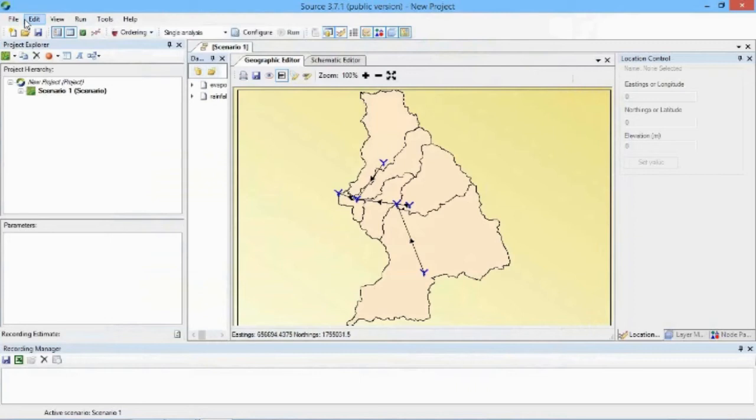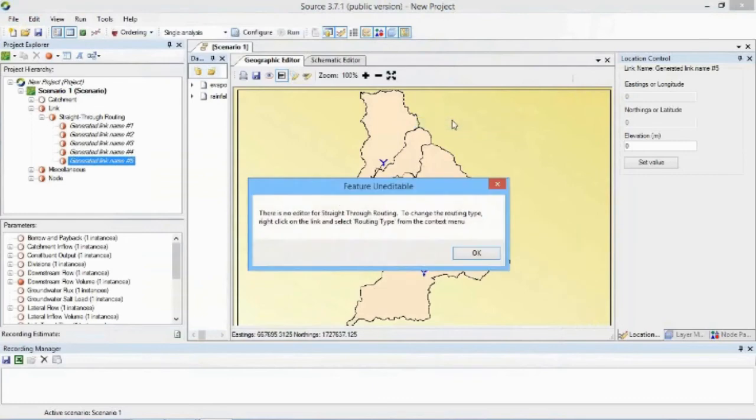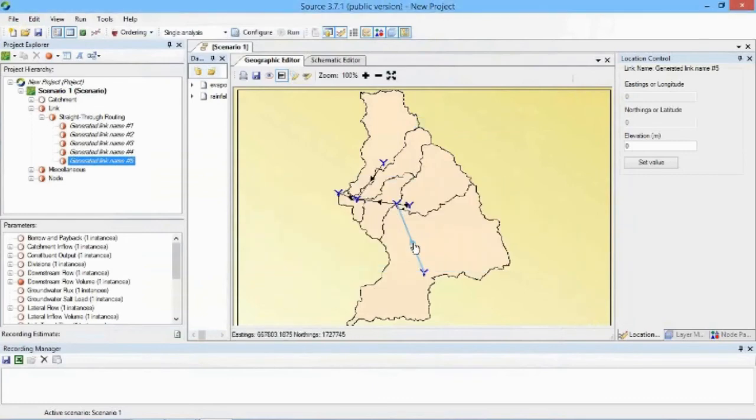Thank you. We have another question. SimHyd has a version for routing. How about the other models? Do they have a routing factor? Some of the models introduce lag, have a factor for lag, and also routing can be applied inside Source on a link. So you can edit a link in Source